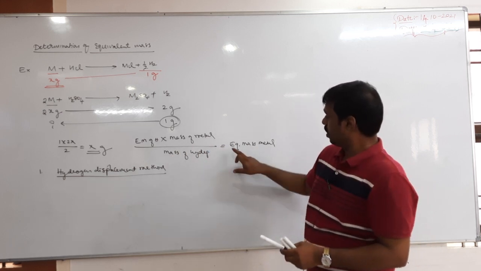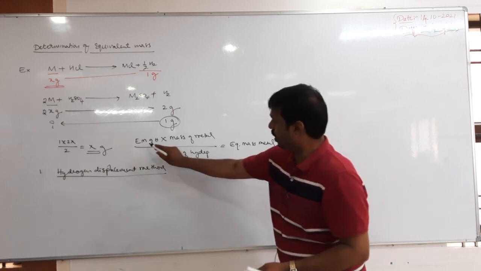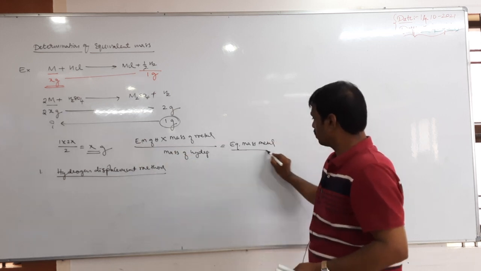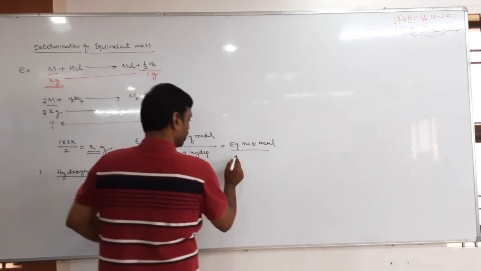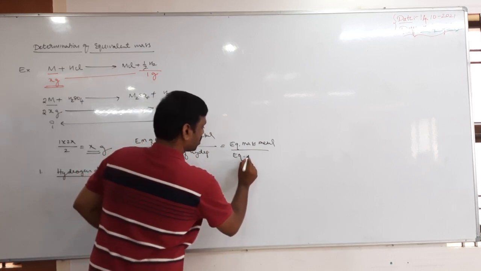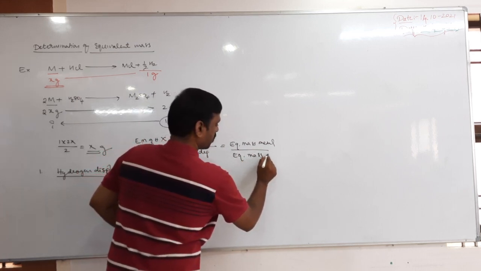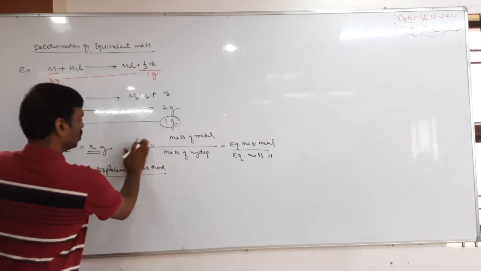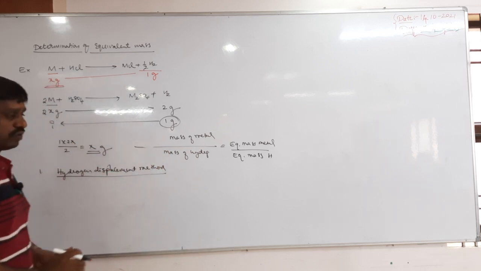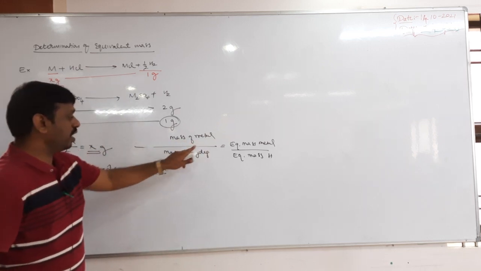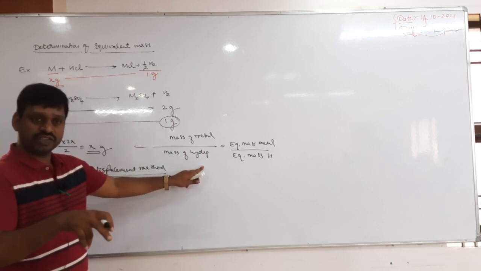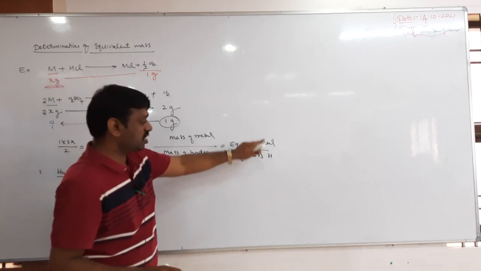Now if I bring the equivalent mass of metal here, I will bring the equivalent mass of hydrogen here. So instead of there I will write here, tell me, what is this? Equivalent mass of hydrogen. So now see the equation: mass of the metal by mass of hydrogen displaced equals equivalent mass of the metal by